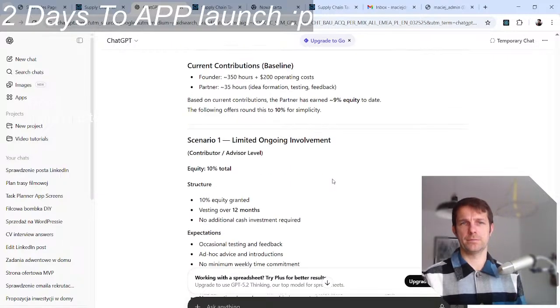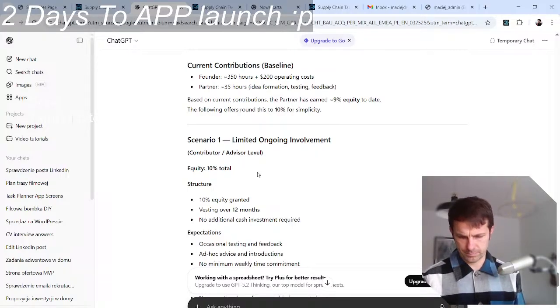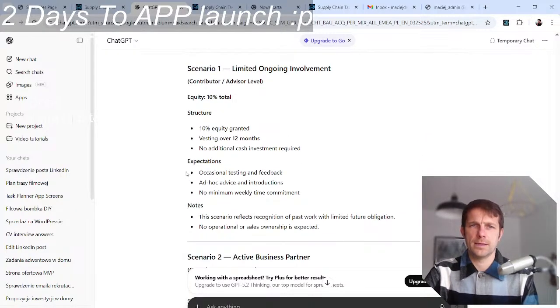Yeah, makes sense. Total 10%. So he gets 10% vesting over 12 months. No additional cost. Involvement structure. Expectations: occasional testing and feedback, ad hoc advice and introductions.